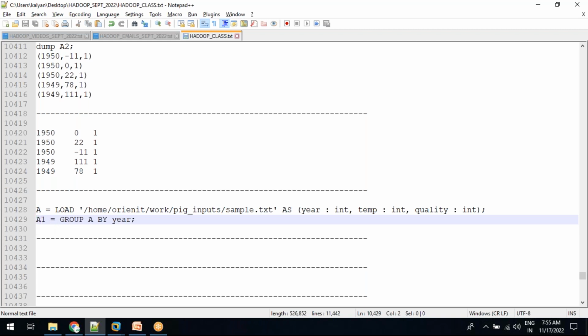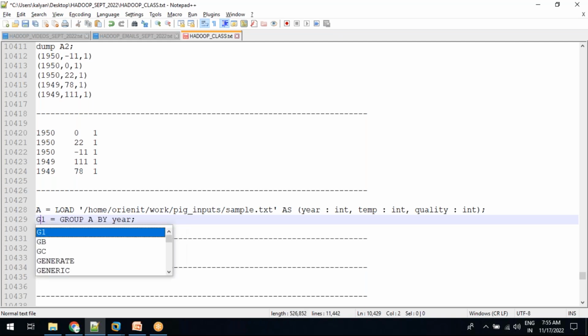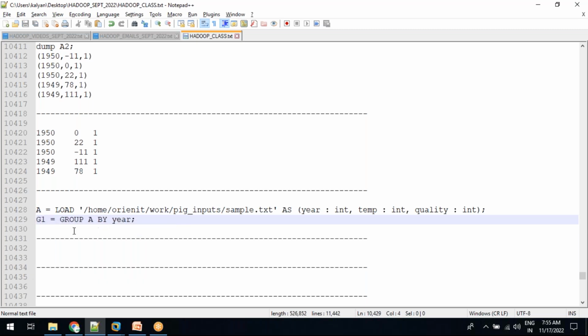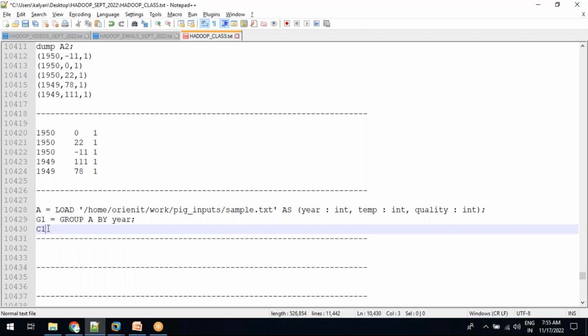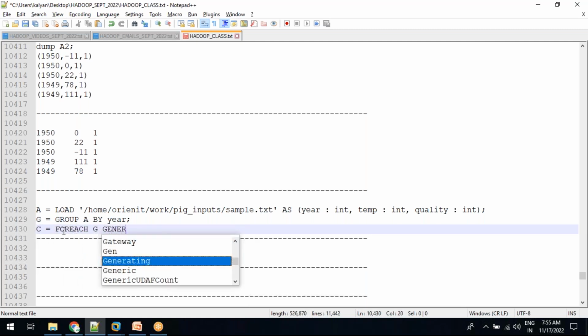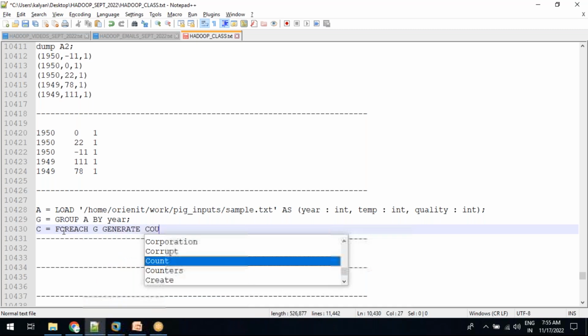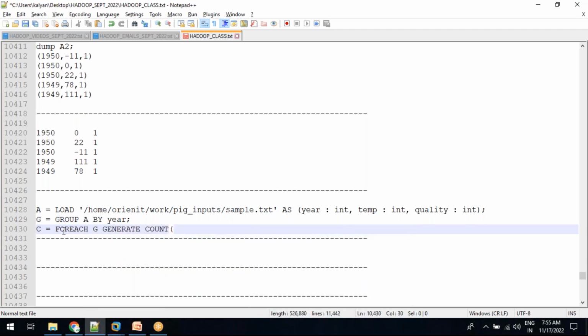This is grouped data, and on top of this you want to apply some count. Let's call it C: FOREACH G GENERATE COUNT of